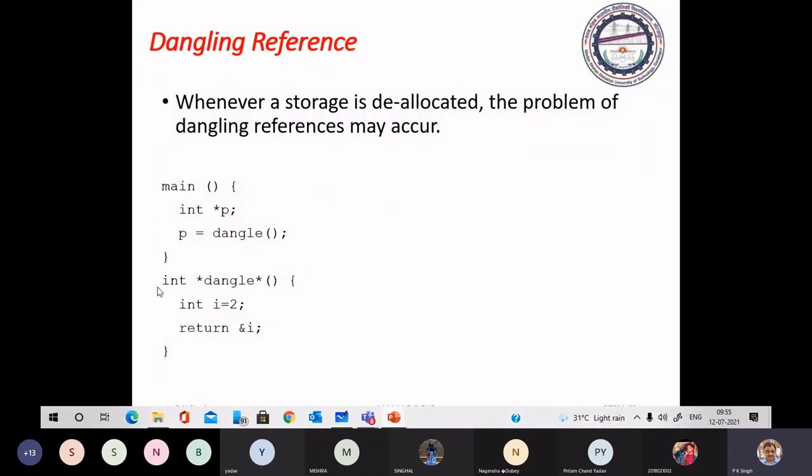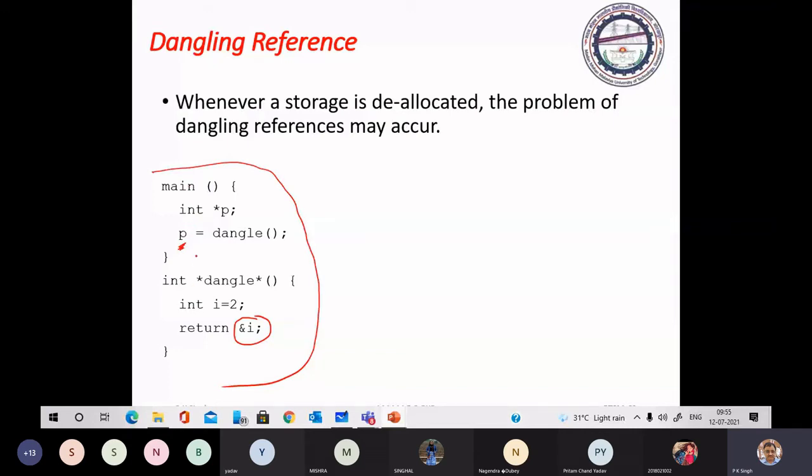You just see, this is a code of C. The address of I is returned.